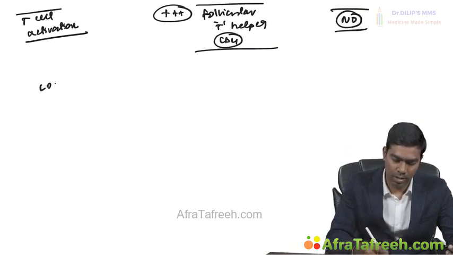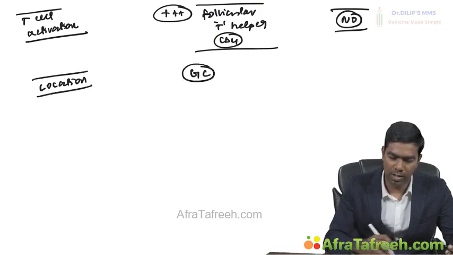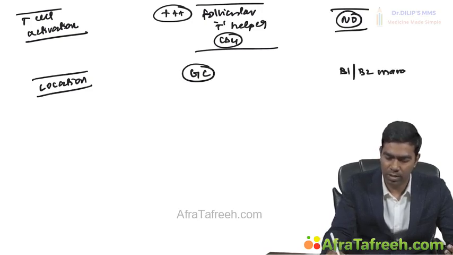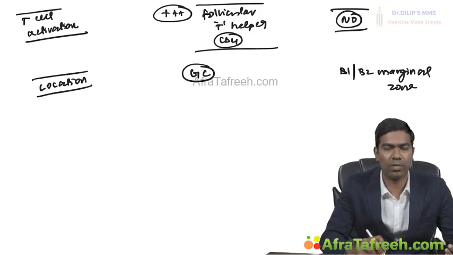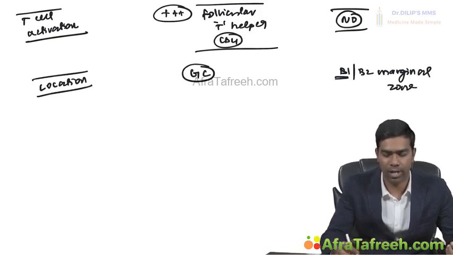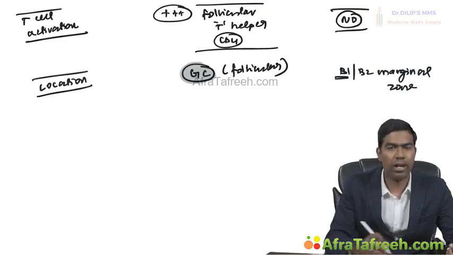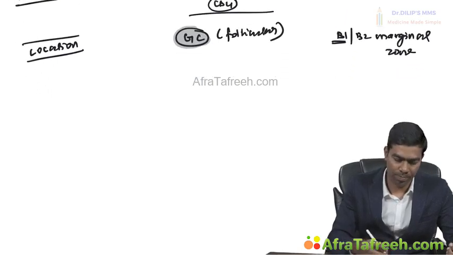And location. Typically T independent activation works in the marginal zone of the spleen, where it works for B1 cells and B2 marginal zone cells. This kind of T independent activation typically works for B2 splenic marginal zone B cells and B1 B cells which are present in the body cavities. But typically lymph node follicles and the splenic follicles, these follicular germinal center B cells undergo this T dependent activation process only, typically. Then whether memory is there or not,